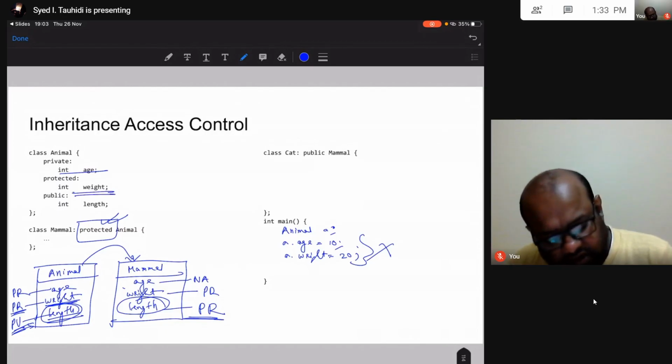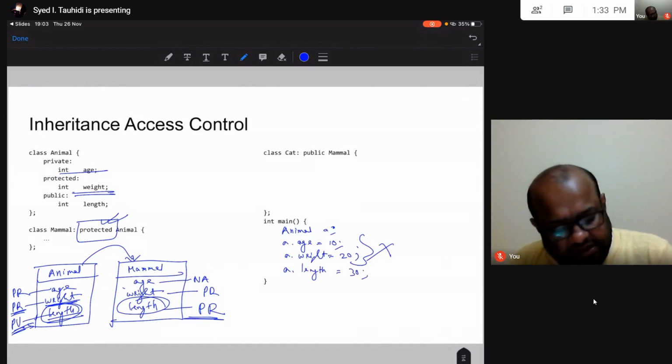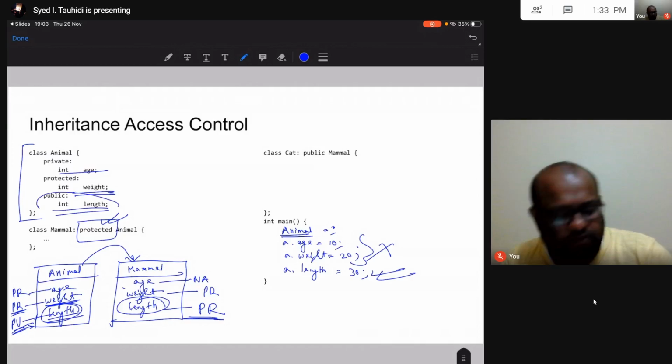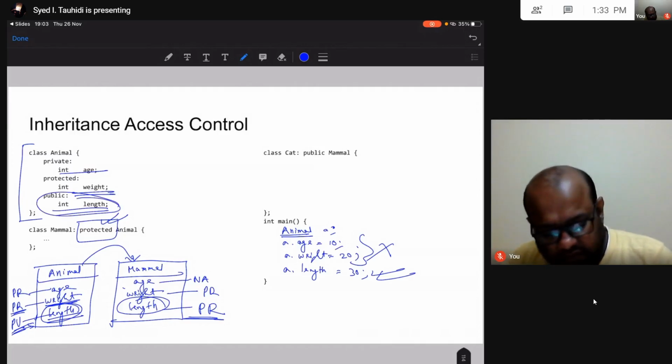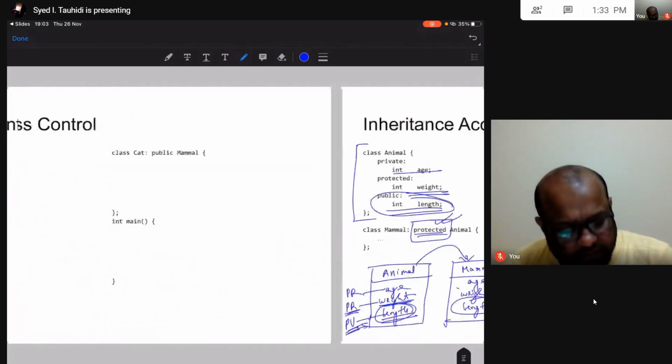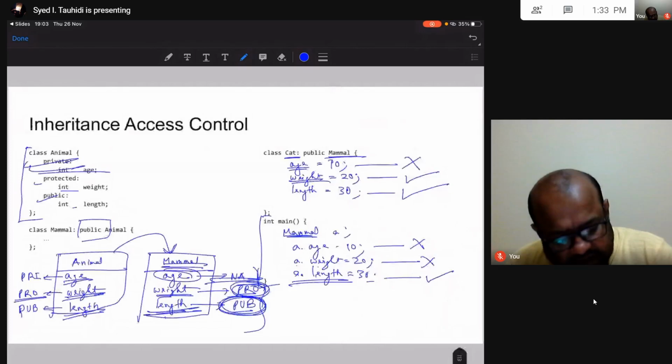What about a dot length equal to 30? This was allowed, right? When I had an object of type animal, because length is public and I could access it. Now when I was doing public inheritance here, then length was still allowed. Okay, in my inherited mammal class, length was public.